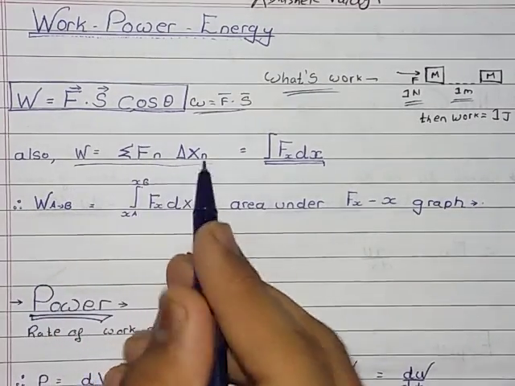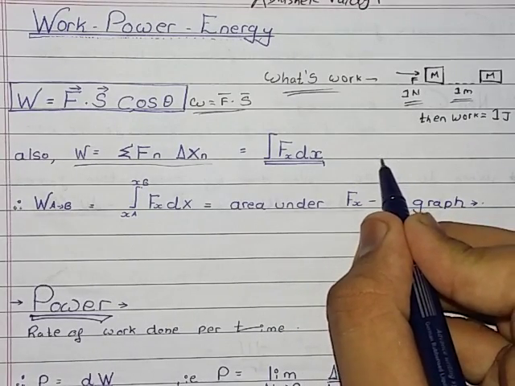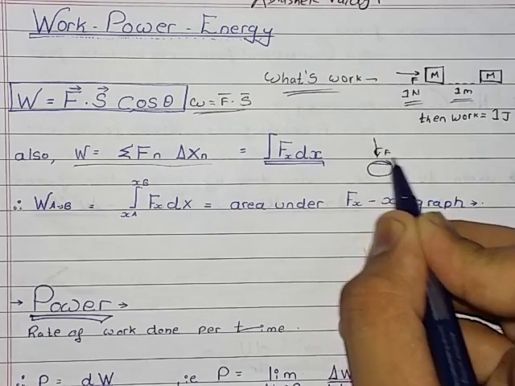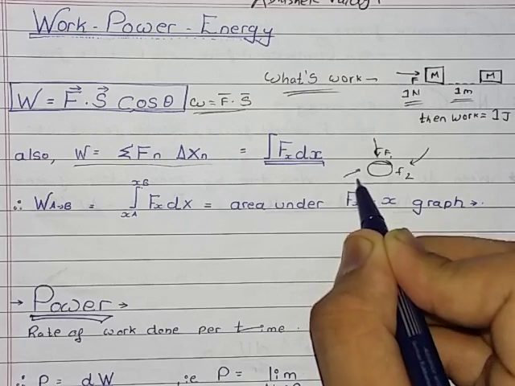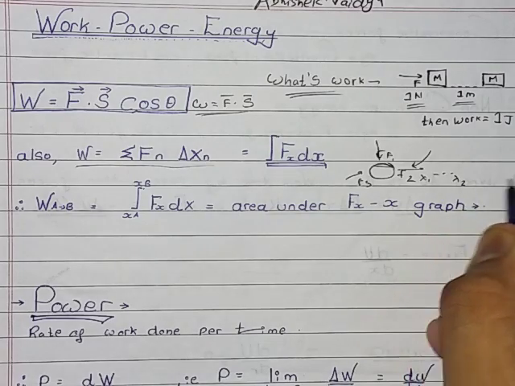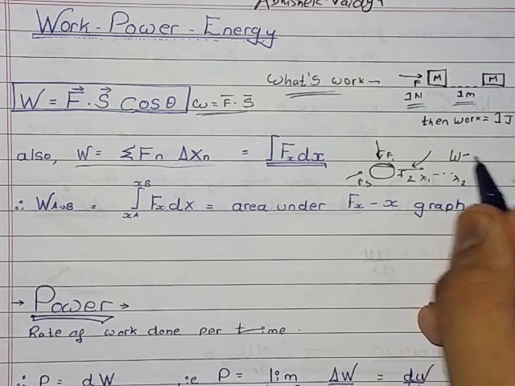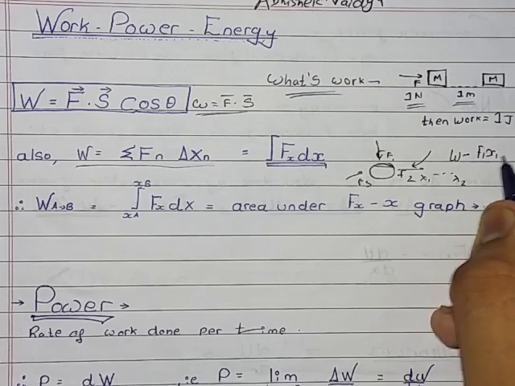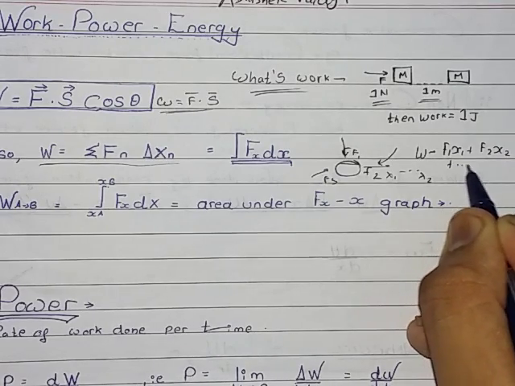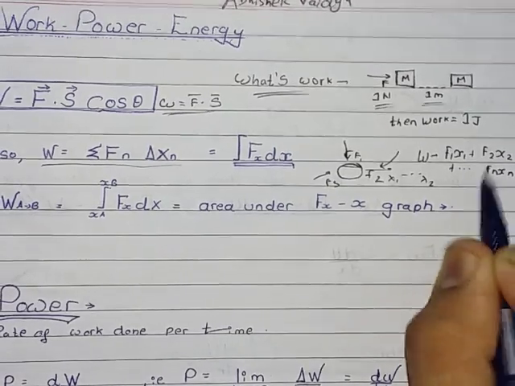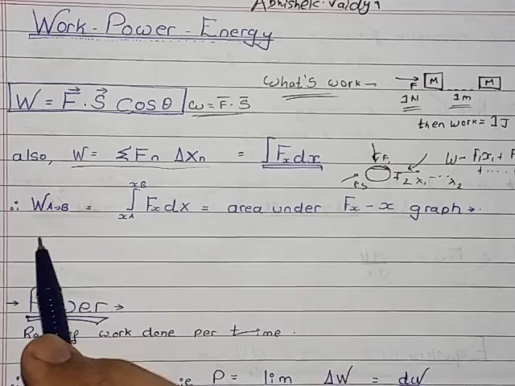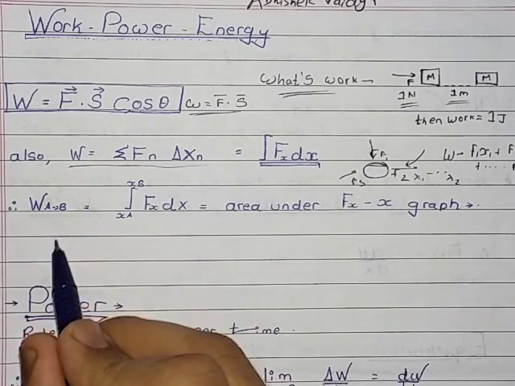So what does this formula say? If there are many forces on an object, F1 is one force, F2 is another force, F3 is another force, and there are many displacements like x1, x2 and so on, then work can be said as F1 x1 plus F2 x2 plus all the way to Fn xn. This is the explanation of this type of formula. And work done from A to B, where A is the initial displacement and B is the final displacement, is